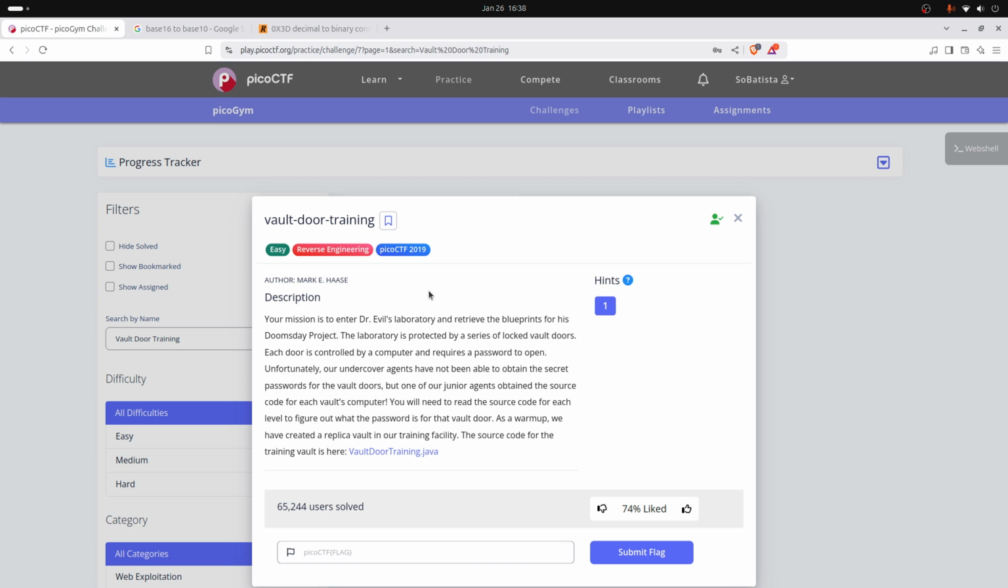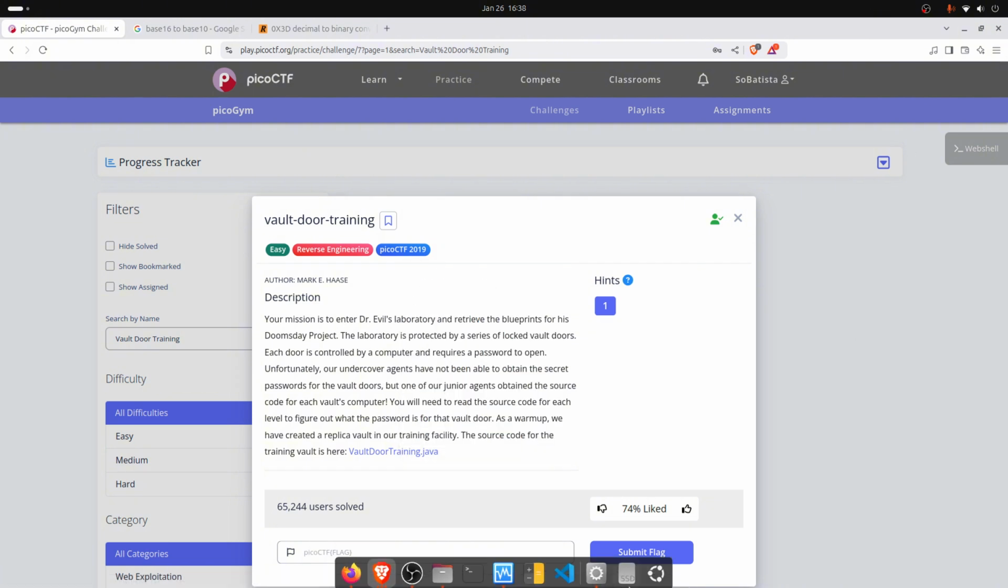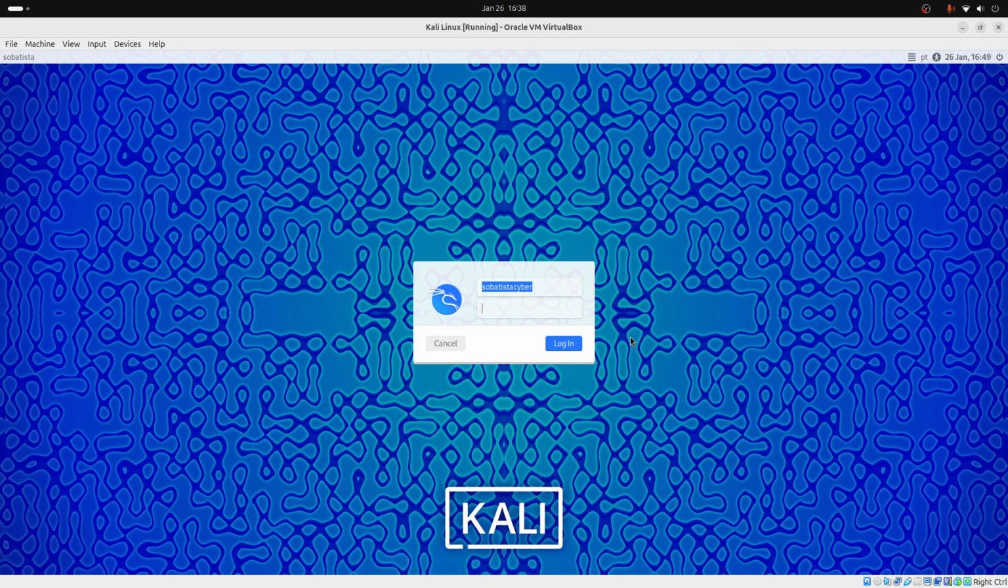You will need to read the source code for each level to figure out what the password is for the vault door. As a warm-up, we have created a replica vault in our training facility. The source code for the training vault is here. So you have two ways of retrieving the code. One is by clicking here or right-clicking, copy clean link, and because I will use my VirtualBox, let me just